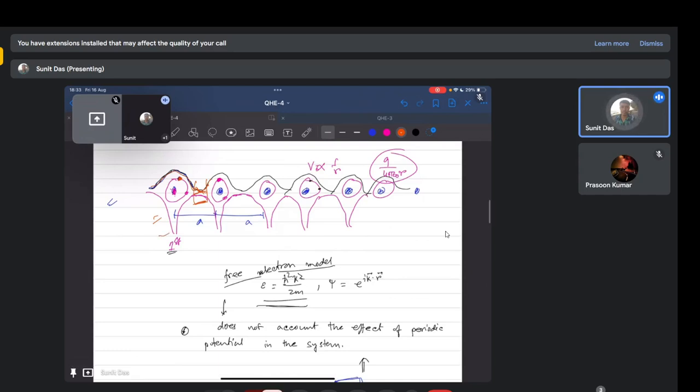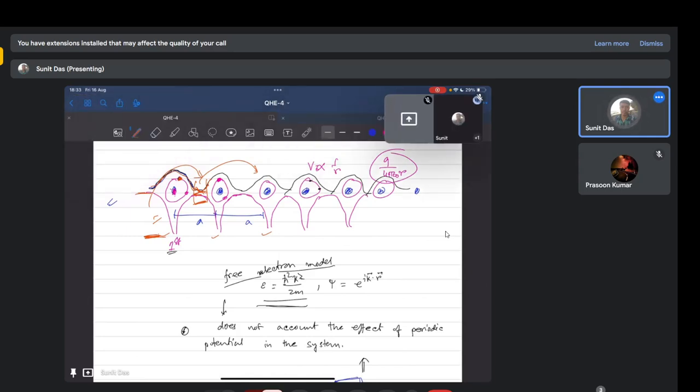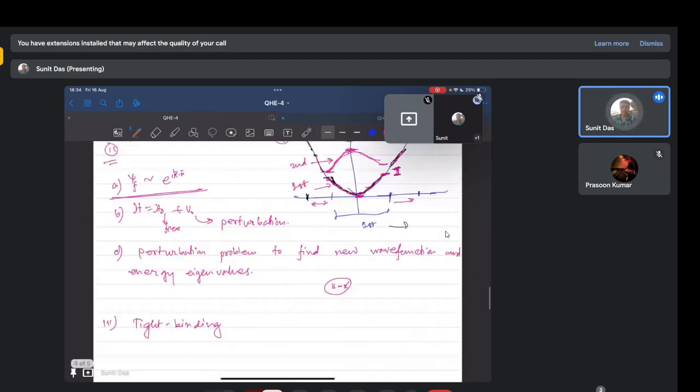We can consider this actually as a tunneling problem, right? You have this kind of potential, and then there is a barrier. The electron has a certain energy at this position, and then you have a barrier up to this energy. This is the highest point of the potential, so the electron has to cross this energy barrier to move to atom 2. So there is some finite tunneling probability for an electron at the first atom to go to the second atom. So this is the key difference,